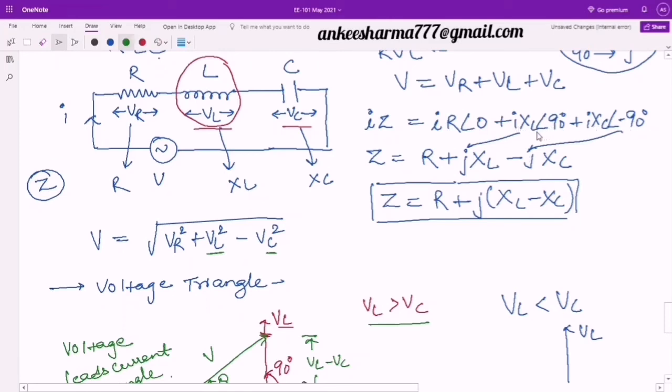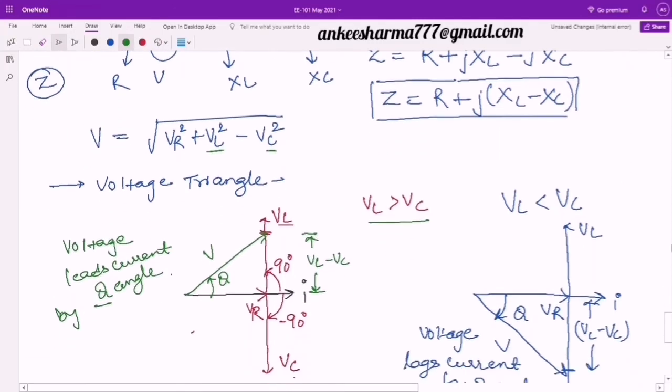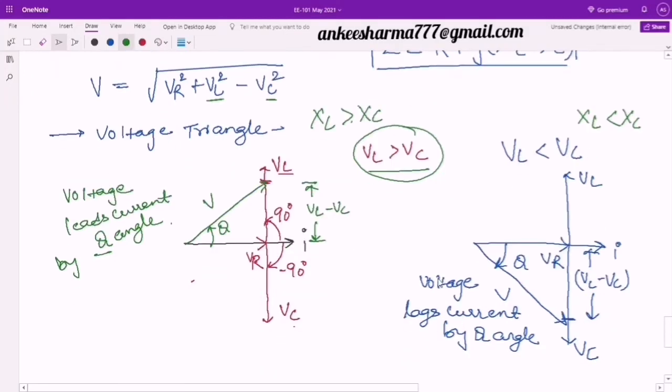So I is common, so it means XL and XC are the deciding factors over here. If I talk about XL, if the value of XL is greater in comparison to XC, then definitely it will be more towards the positive side, and this case will be there. This case we will find if XL is greater than XC, and this will be the case when XL will be less than XC. So depending upon the value of the impedance of this inductor and the capacitor, we can have these two graphs. We can get either of these two. We may have the leading now or we may have the lagging now. Is it clear to you now? How did things come about?